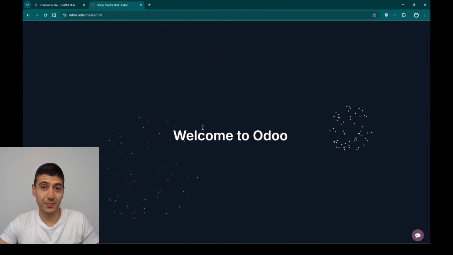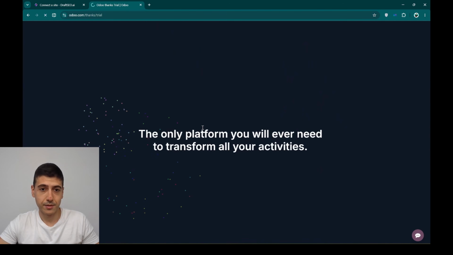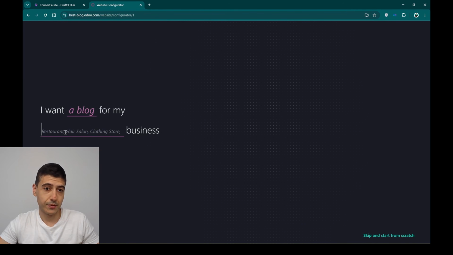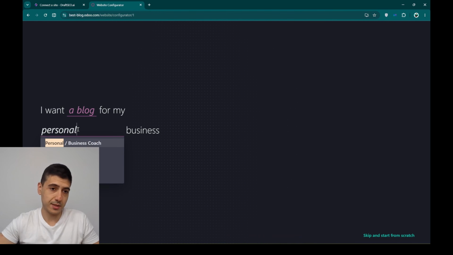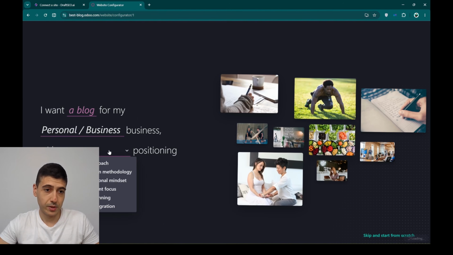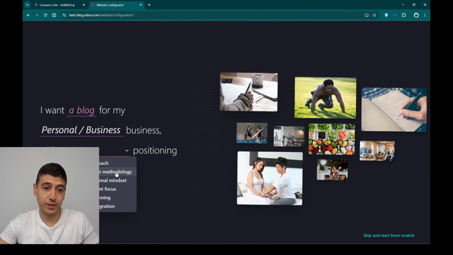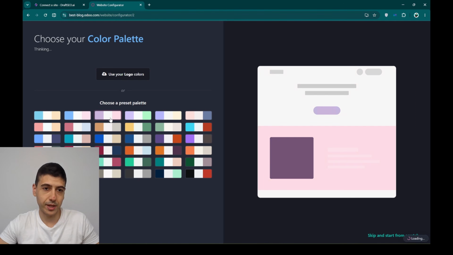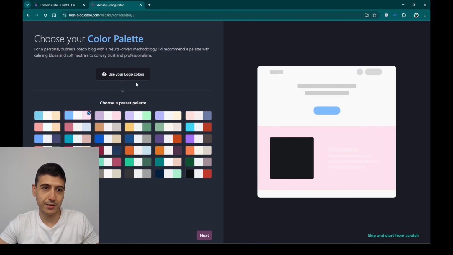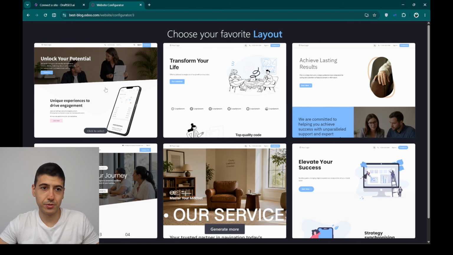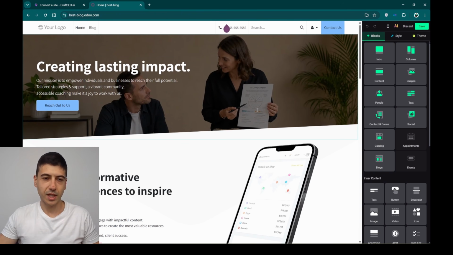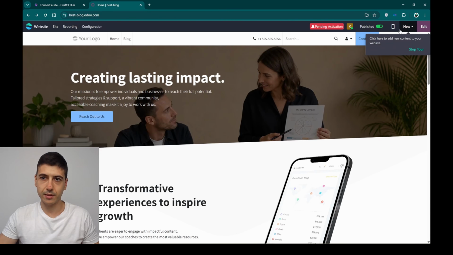Okay, so I registered my blog website on Odoo. I want a blog for my personal business with a result-driven methodology positioning. Okay, choose a color palette. Then just choose a template. Right, so the website is created, so I'm just going to click save on all of that,